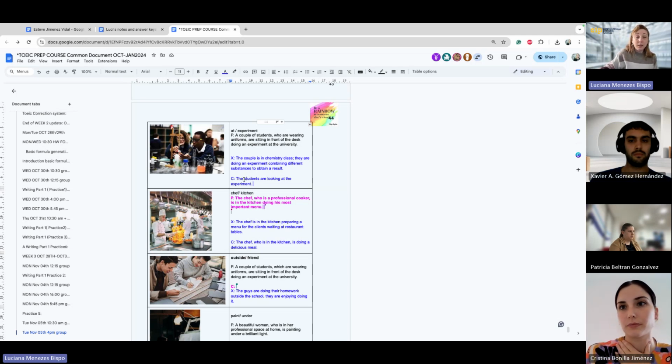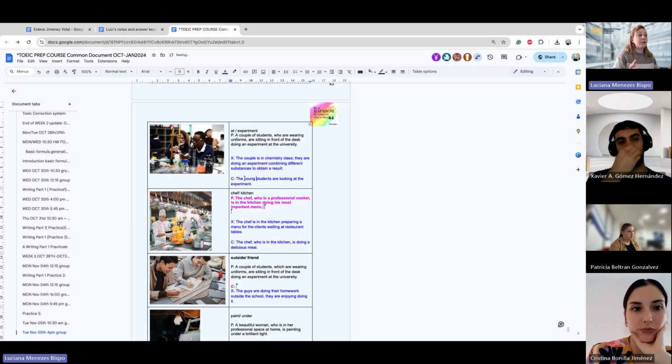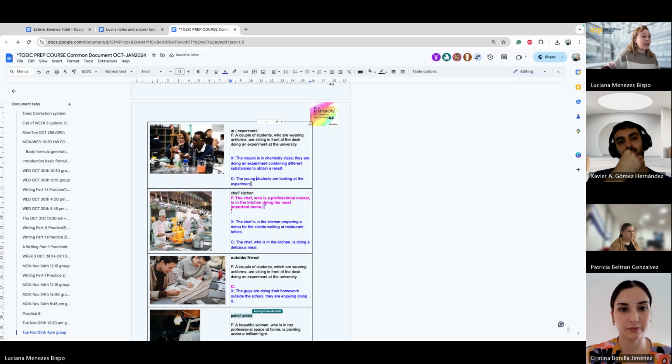This way, you wouldn't have a simple subject, a noun phrase with an adverbial phrase. So for example, we can say that the young students are looking at the